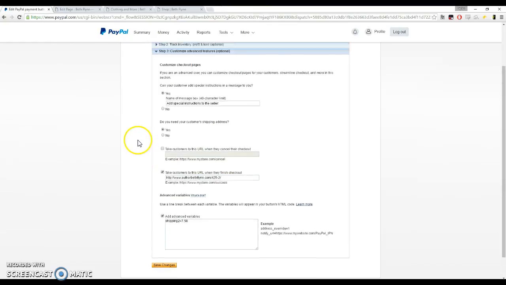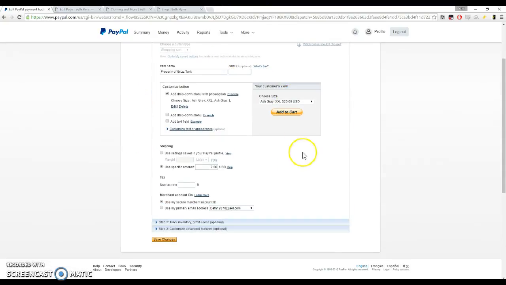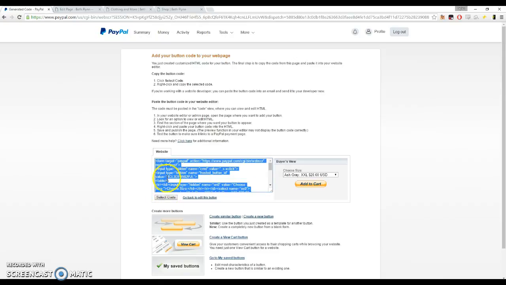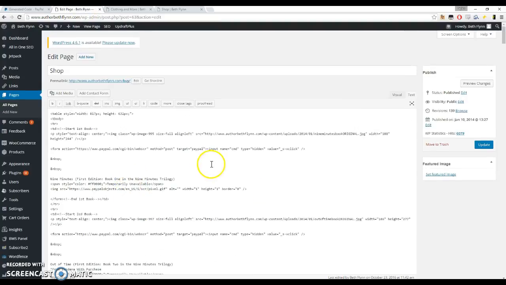So I'm going to save the changes that we made, which is just the addition of an extra size on the property of Grizz tank, and I'm going to save that. And then it's going to give us this code here. This is all the code for this button. You can select it and copy it, and then this is where we're going to come into this text editor